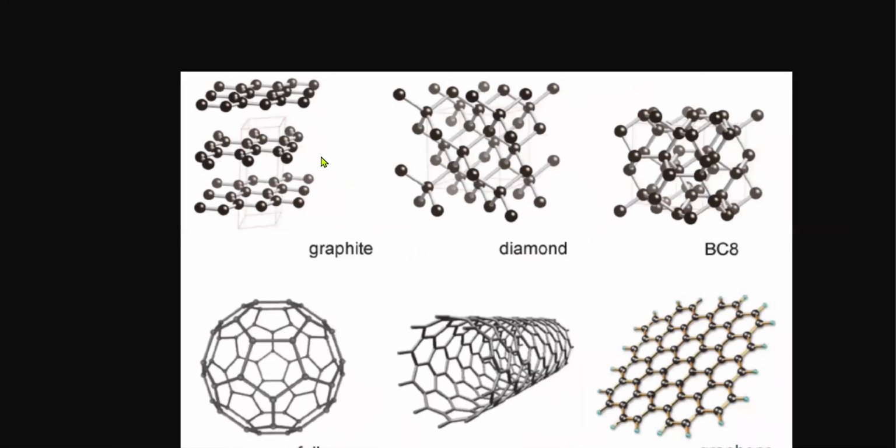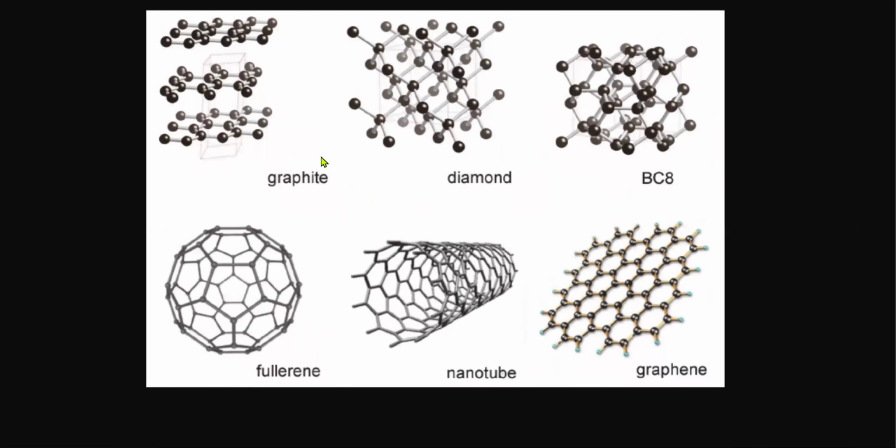And then based on graphite, you have three other different structures. कि अगर आप ग्राफाइट की शीट को एक्सट्रैक्ट कर लो ना ग्राफाइट में से, one single sheet of graphite. Remember, graphite is very soft. उसकी जो sheets है ना, they are not attracted to each other very strongly. They only have weak van der Waals forces. There are no bonds between them. So if you are able to extract a single sheet of graphite, that's called graphene. And graphene is a highly conductive substance, and it's a very strong material, and a very useful thing, especially in medical imaging, because of the sensitivity of the material and because of the excellent electrical